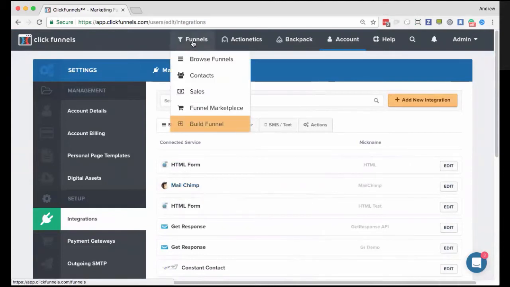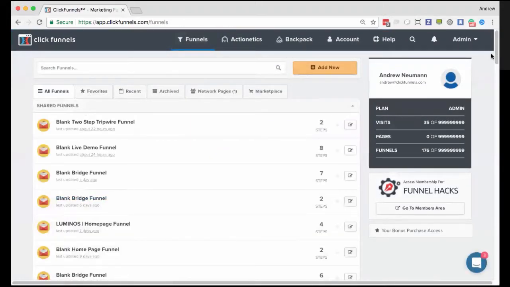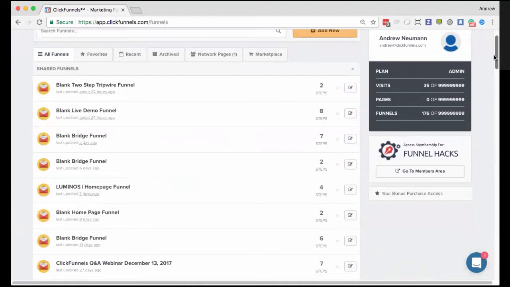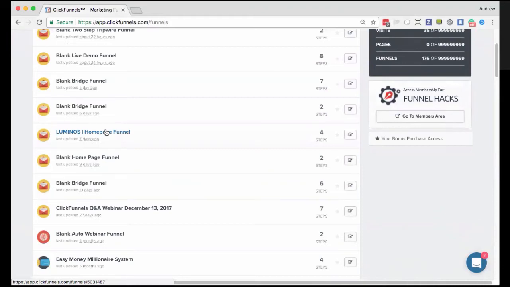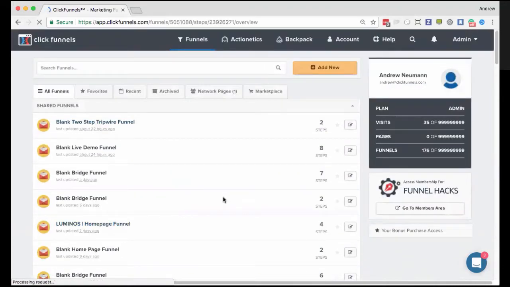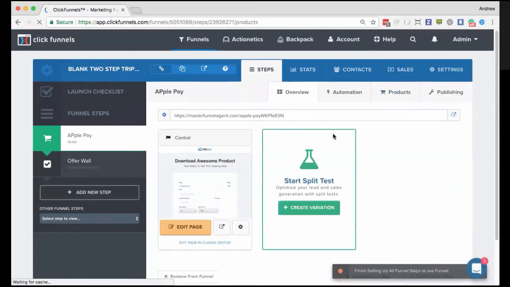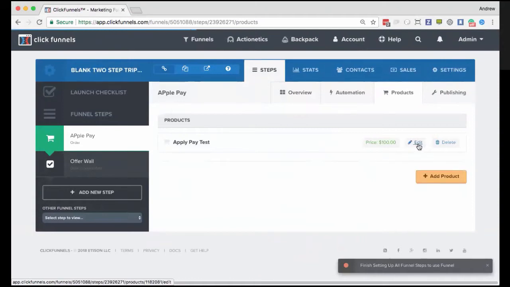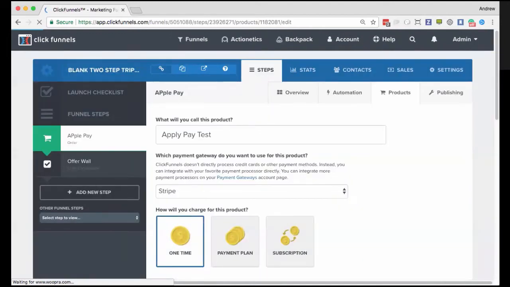And then what you would do, going through a funnel specifically, is you'd set up a funnel as normal. Your payment processor, if you're using Stripe or whatever payment processor it is that you're using. And then just to give you, let's see if I have it here somewhere. Maybe not. So we'll just go here to this blank one from yesterday. So here on our order page, if we set up a product, and in this case, it's going to be this test for Apple Pay, which is one that's going to be rolling out in the foreseeable future here. So give this a moment to open up, and then we'll go down to the bottom.